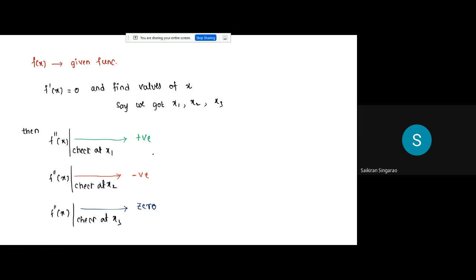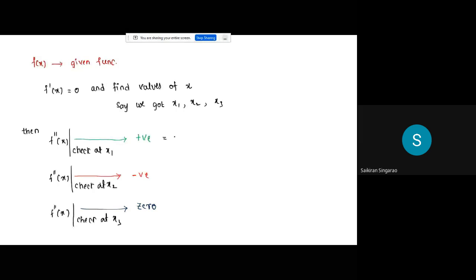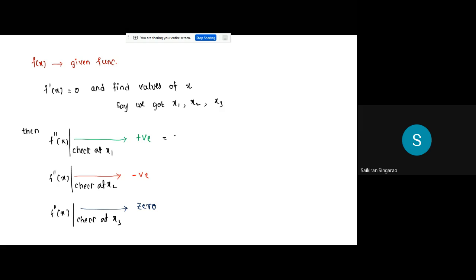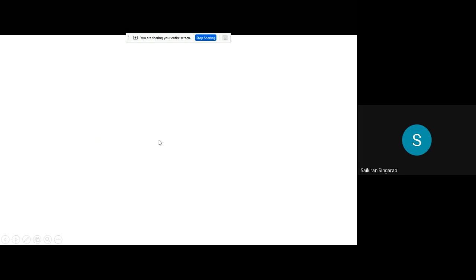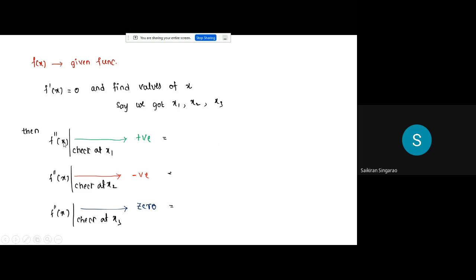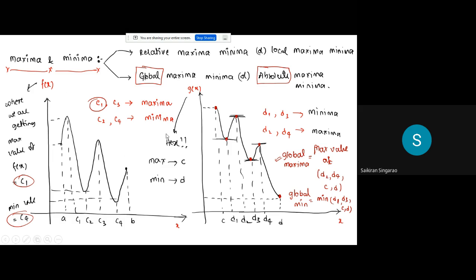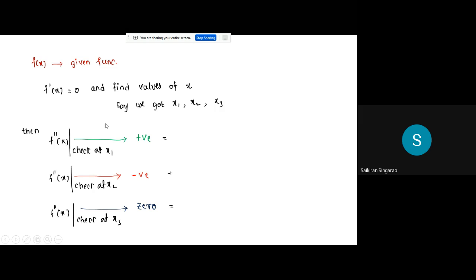If double derivative at a point is positive, what is that point, sir? Can anyone tell me? Is it a maximum point or a minimum point? You don't know, right? So first let me tell you the concept, then easily you'll remember. Because every time a graph won't be given to you, so we might have to rely on these differentiation techniques. If a graph is given to you, directly you can see the graph and tell. But every time they will not give you a graph.